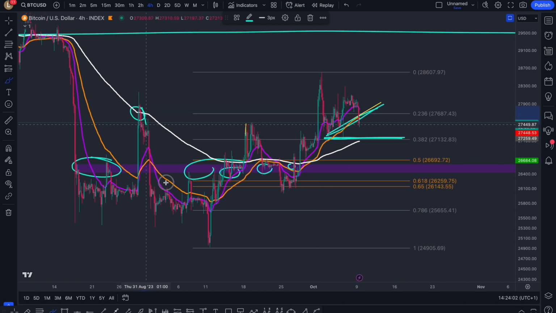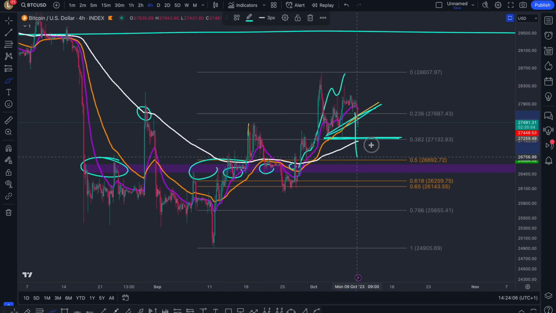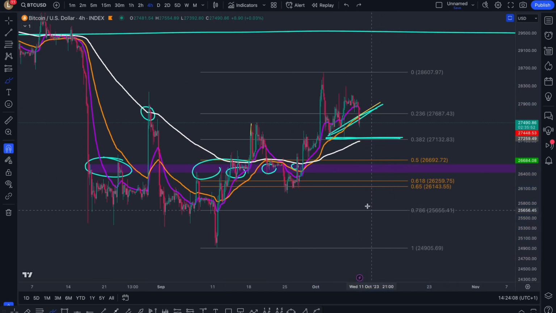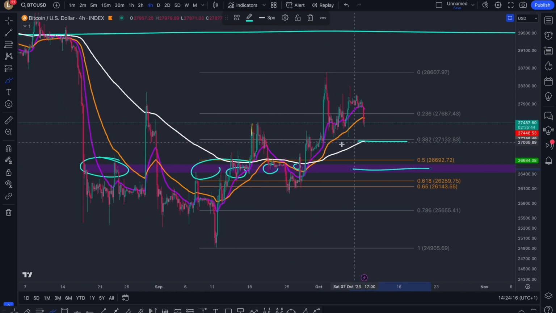As you are below it, we continue lower. If we get above it over here, we go up. So coming back under would look to continue a downtrend. The layer of defense stopping that is between the 200 EMA and this 26.5k area. So as we maintain that, there are still chances of going up, but understand, if we do go up, it's eventually coming back down. So overall, in the midterm, we should be expecting further downside.